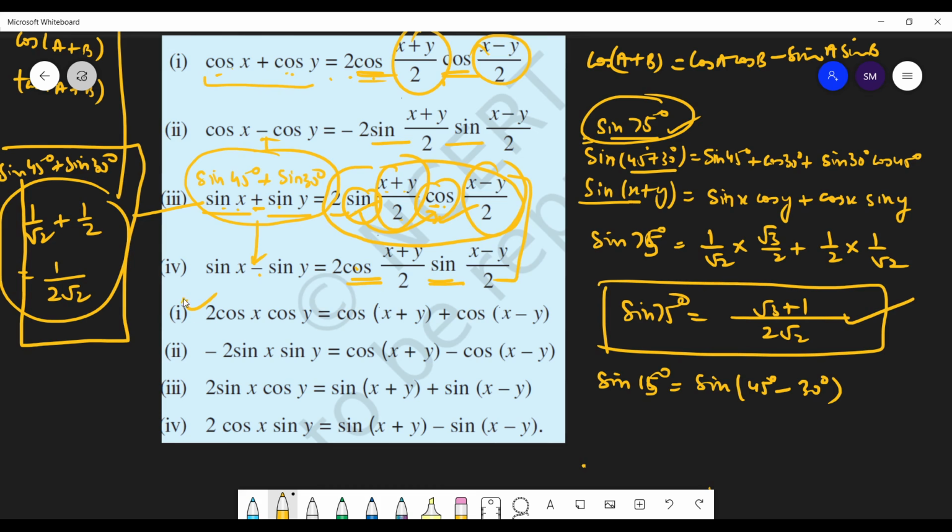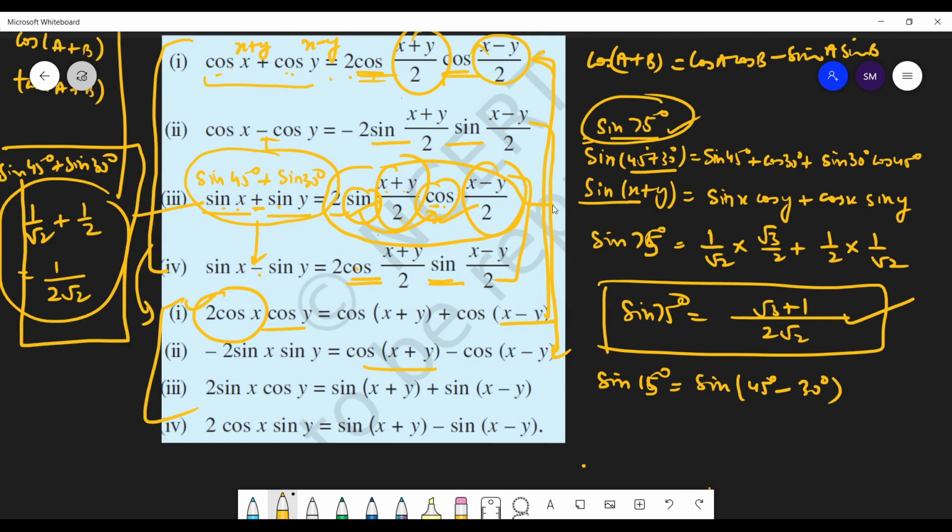Even these are the shortcuts. These four are the shortcuts of the above four formulas. Like put here x plus y, and instead of y, put here x minus y. Now what will you get? Adding these two divided by 2, what will you get? 2 cos y will cancel out. 2x upon 2 is x. So 2 cos x, and here you get cos y. So you get this formula from this formula. Okay. So we get these four formulas, like cos. So next formula, this second formula, you get this formula.